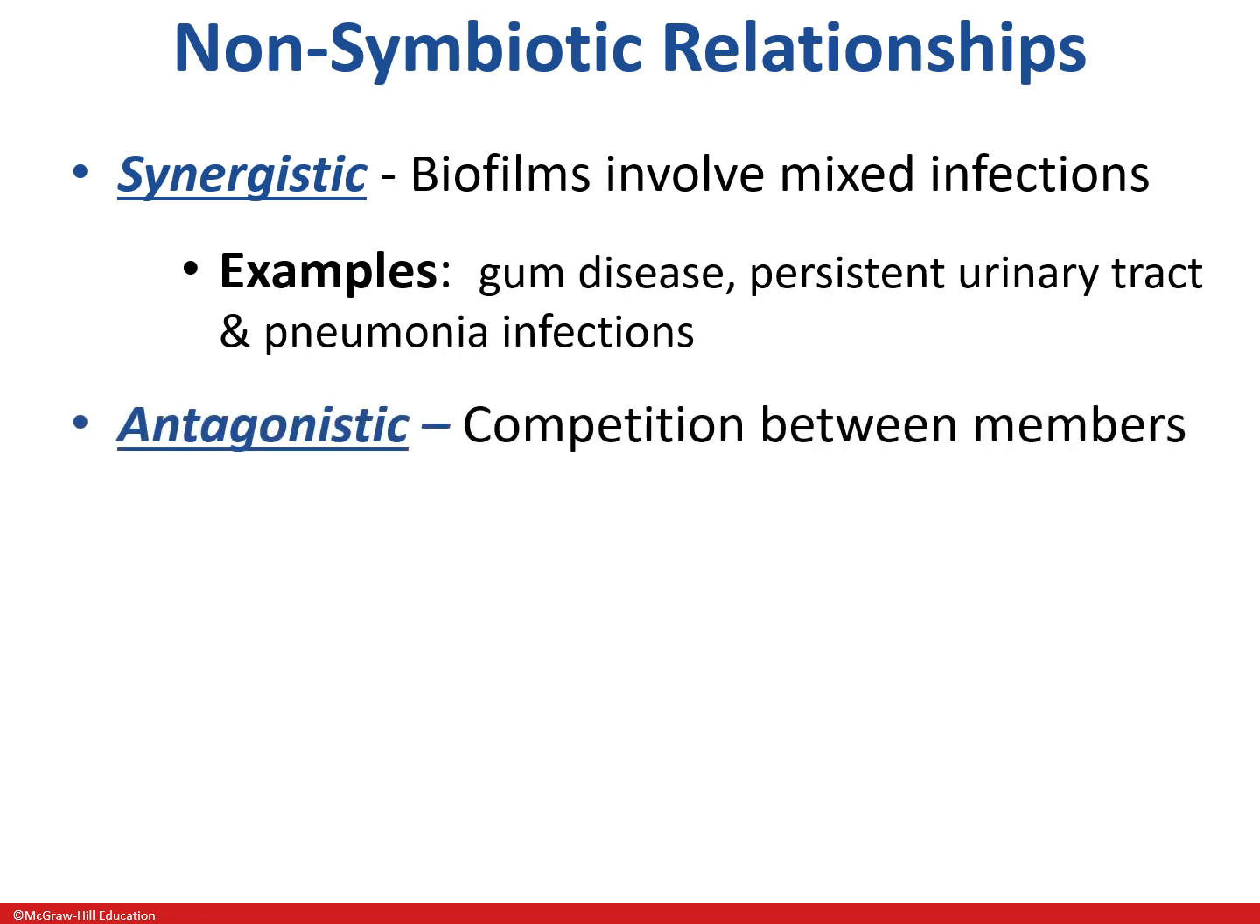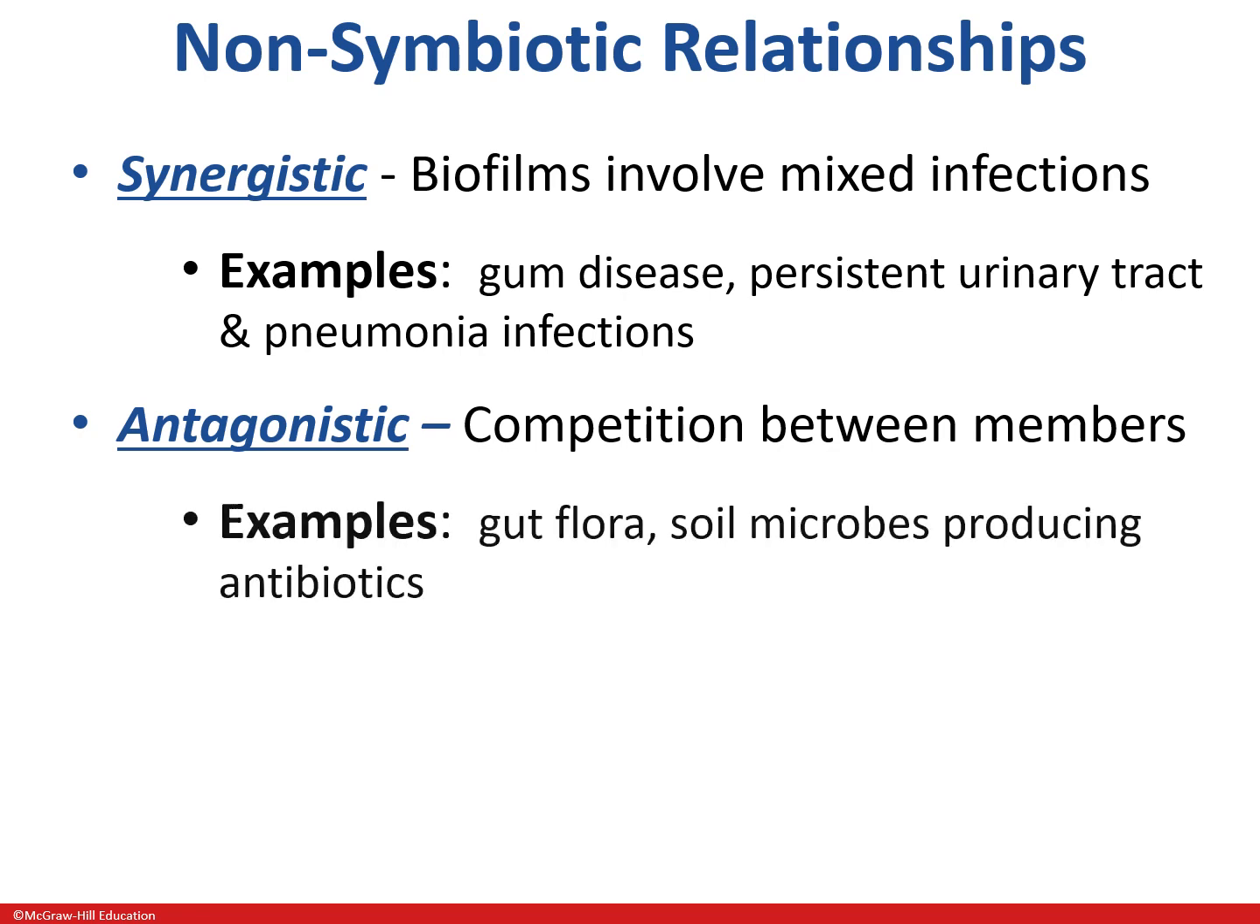Antagonistic relationships would be those where the members that are sharing an environment necessarily are competing with each other. So we mentioned how E. coli is good competition in the gut. If you take away that good bacteria, not only will you not get enough vitamin K, but you will also allow things like C. diff to take over. So competition is really a good thing. It might sound